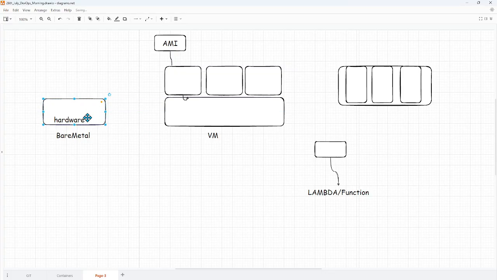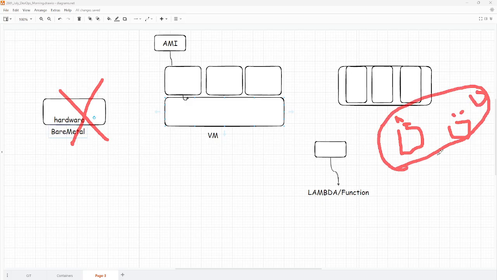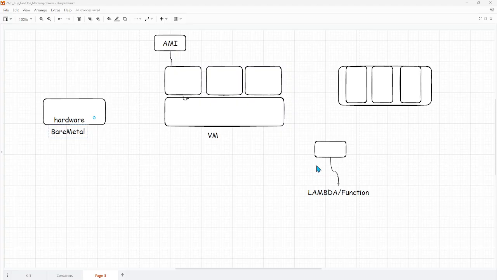If it is one bare metal and the hardware fails, I'm running on a single point of failure. So I can have multiple VMs, 10, 20, 30, and I can run small containers on top of it. My application is highly available. When we design an application, you will get your answer. But right now, because we are at a very initial level, I'm giving a very high-level understanding. This is what it is right now.